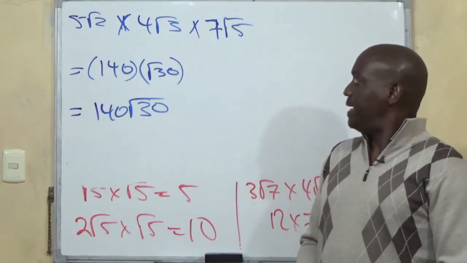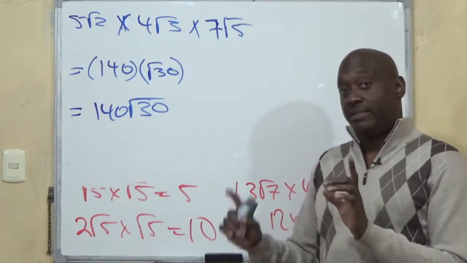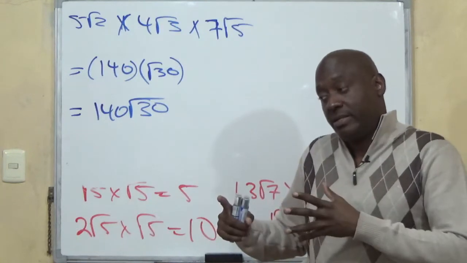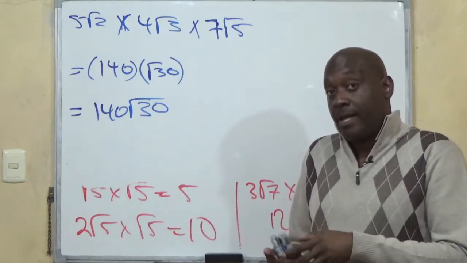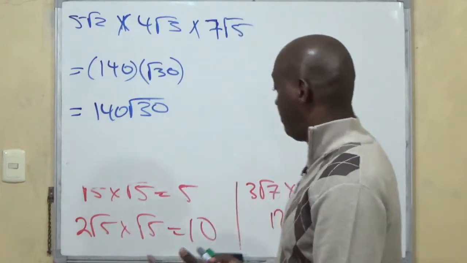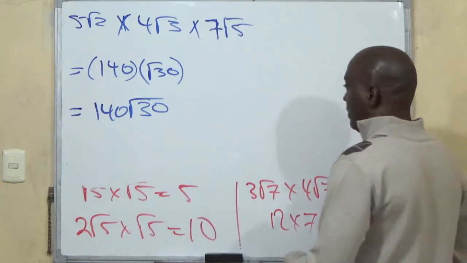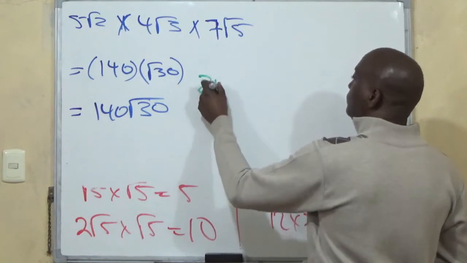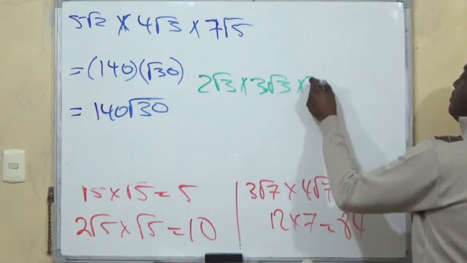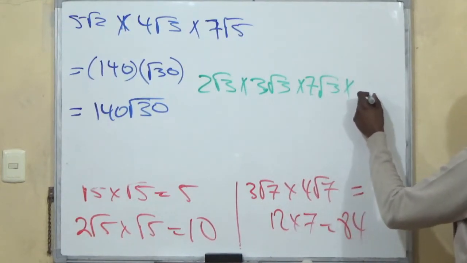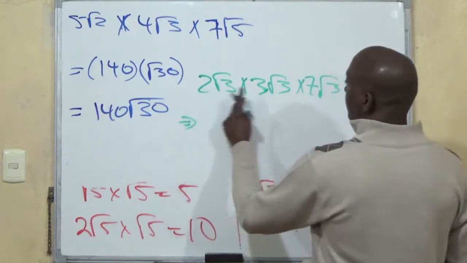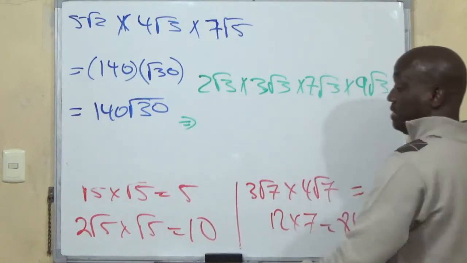So, if you have the same surd factor and you're just multiplying 2 surds, you'll get an integer. If you're multiplying 3, you'll get a surd in the same factor. If you're multiplying 4, you'll get back an integer because you'll have a root multiplied 4 times. So, simple example. If we have 2 root 3 multiplied by 3 root 3 multiplied by 7 root 3 multiplied by 9 root 3, the numbers will end up being kind of big. So what you'll have will be 2 by 3 is 6, by 7 is 42, by 9 is